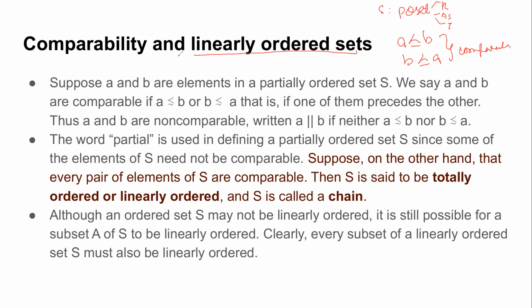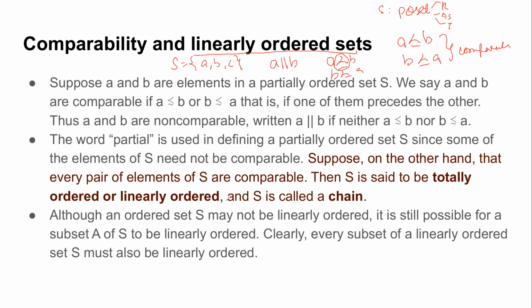Okay, so if I have some elements in a set, say A, B, C, and I can write this relation that A precedes B, or even vice versa, B precedes A, such kinds of elements are known as comparable elements. That is, I can compare them under this relation defined by the partial order. But if I cannot compare the elements, I write it as they are non-comparable.